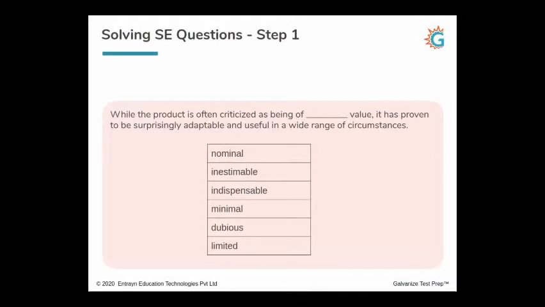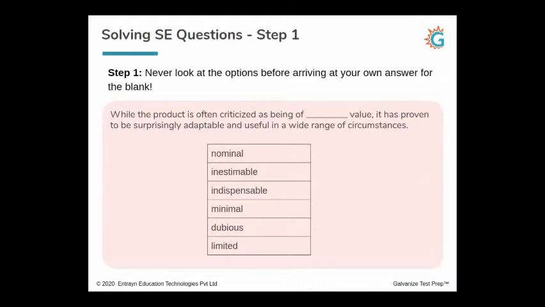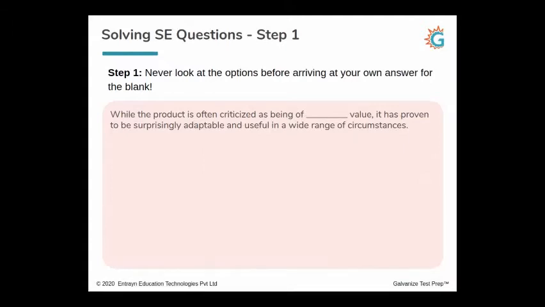The first step in solving a sentence equivalence question is never look at the options before arriving at your own answer for the blank. So whenever you're taking a test, it could be on a book, it could be on your computer, whatever you're doing, whenever you see a question, it's not just for sentence equivalence, any text completion question or reading comprehension question, do not look at the options. This is a very crucial piece of advice I would like to give to you. The reason I'm asking you not to look at the options is, say you look at the options, one or two words get stuck in your mind. When you read the sentence after that,